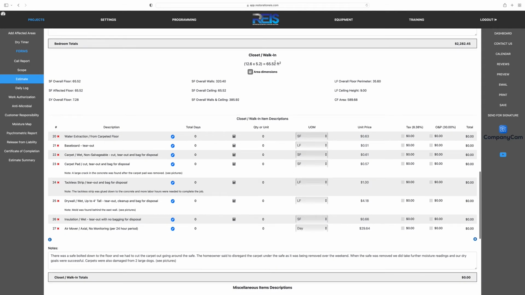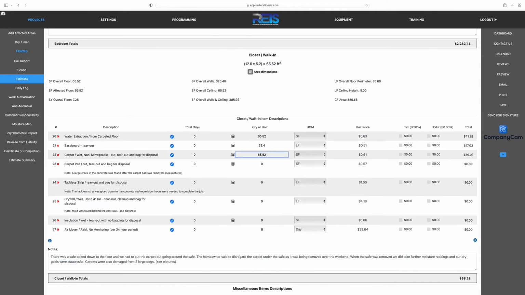All right, we have the walk-in closet area, and as you can see, the area dimensions were already done. And now I've already added the walk-in closet area dimensions, as I said, and then I want to do quantity for water extraction is 65.52, and the quantity for the baseboard is 33.4. And the quantity for the carpet is 65.52. And quantity for the carpet pad is the same,